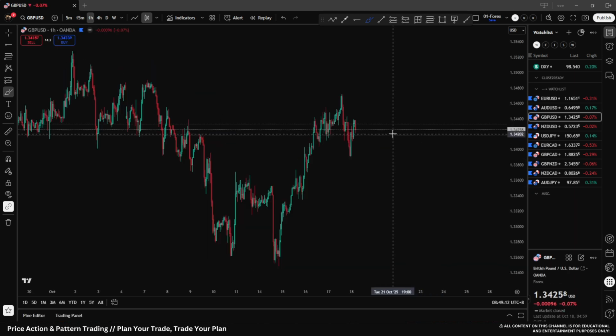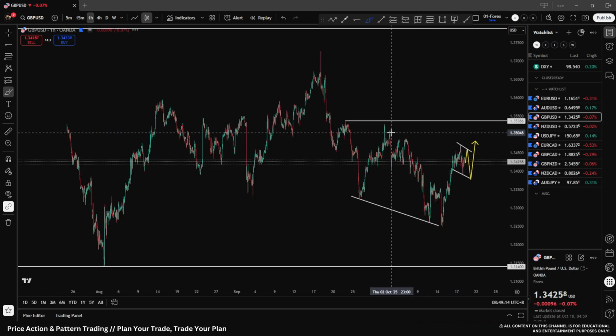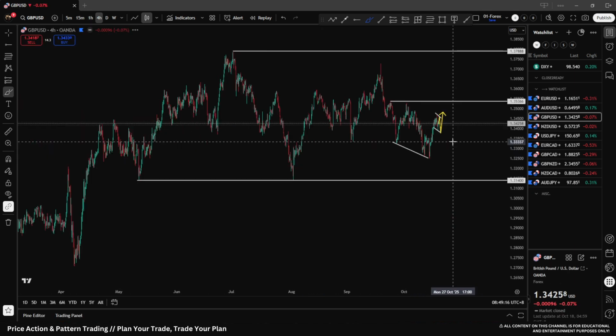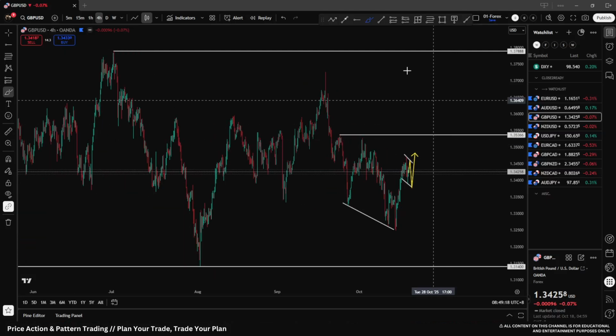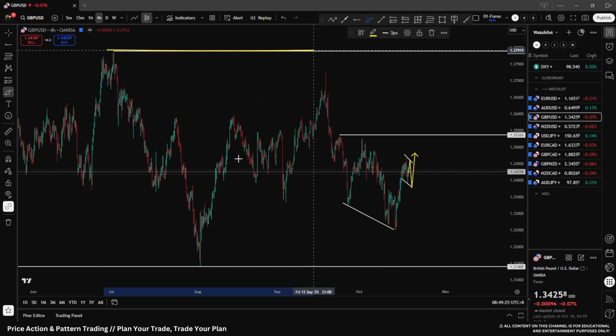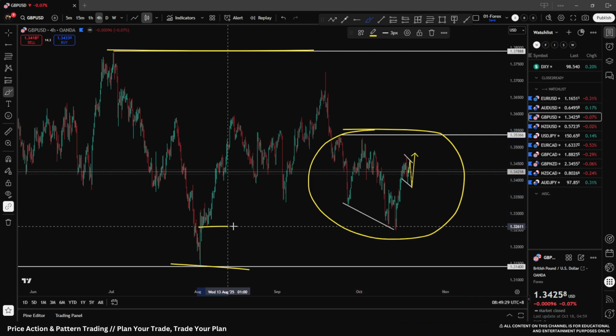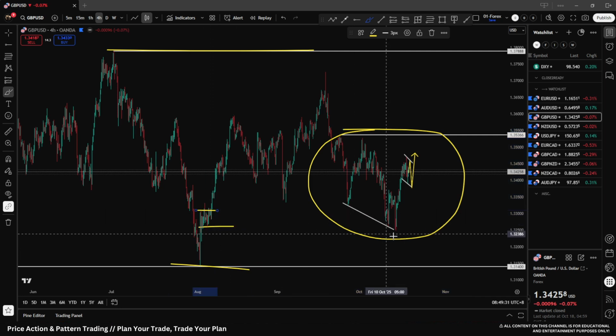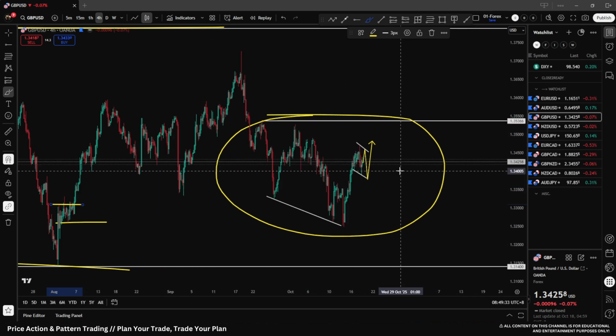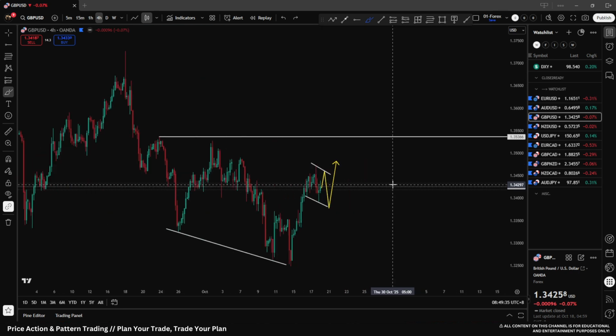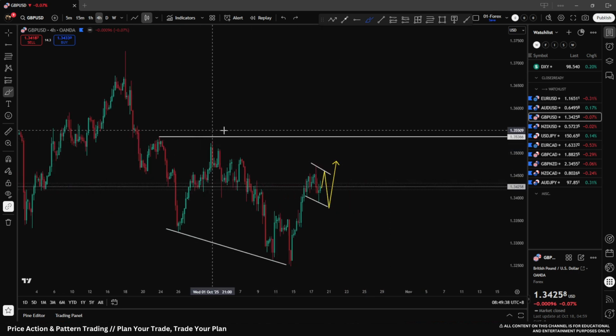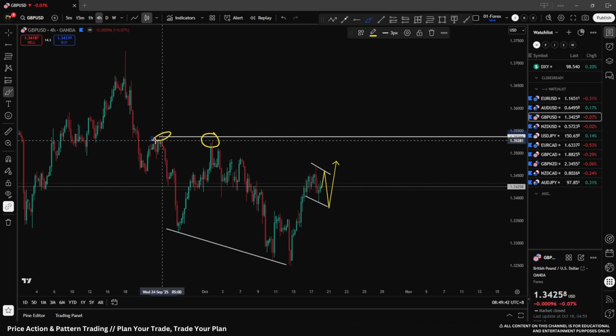Pound US dollar is a bit of a counter trade. On the 4-hour time frame, we are not that nicely positioned like Australian dollar, or later we will see New Zealand dollar, US dollar. We are a bit within this range here, but it's a bigger structure in the making. We tapped this piece of price action here to the left, have a very nice, strong, aggressive move to the upside, and we have here also some areas to work with. We have this small gap here to this potential first base.